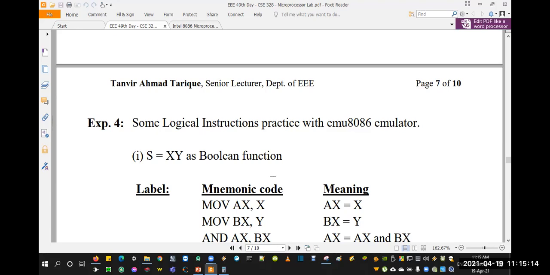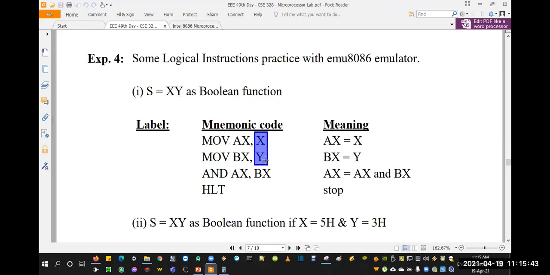And when you are trying to complete this assignment, you will see that move ax, x and move bx, y is the common term in all of the 11 examples. That's why if you find the value of these one time, then you can just use the same machine code everywhere. Of course, for x and y there is no machine code. These are variables, x and y. So you have to put them just like x and y.